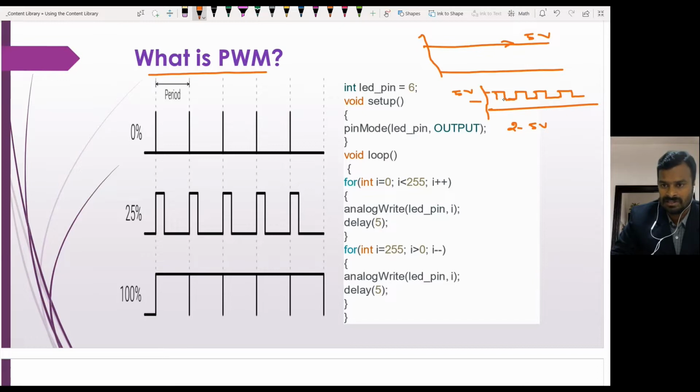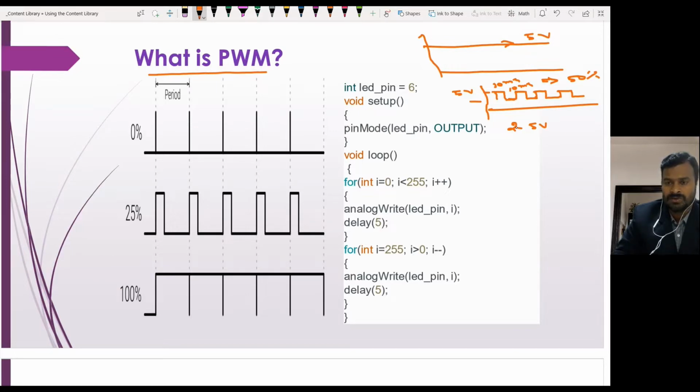But if you chop it with, say, a 50% duty cycle, 10 milliseconds on and 10 milliseconds off, making it on and off repeatedly, then the total cycle time is 20 milliseconds, on time is 10 milliseconds, off time is 10 milliseconds, so the duty cycle is 50%.